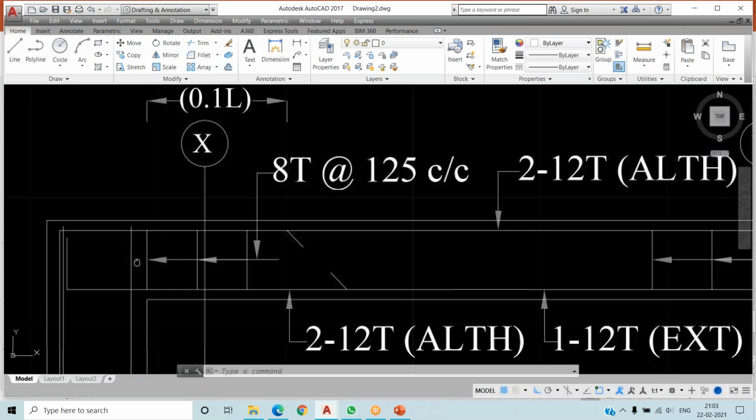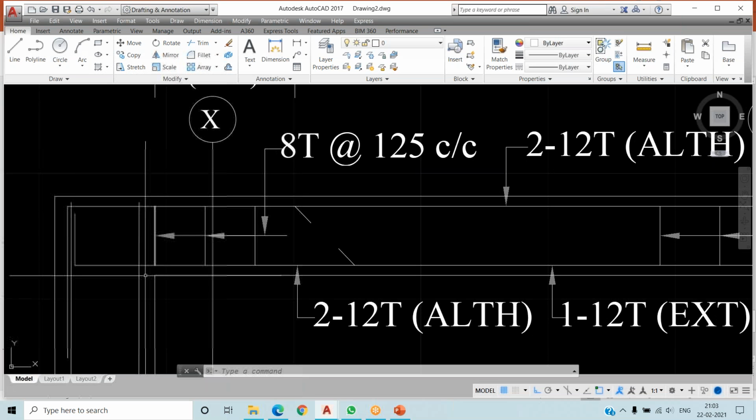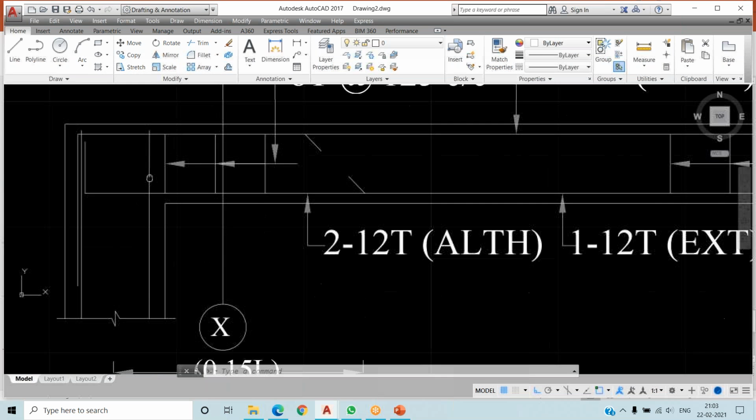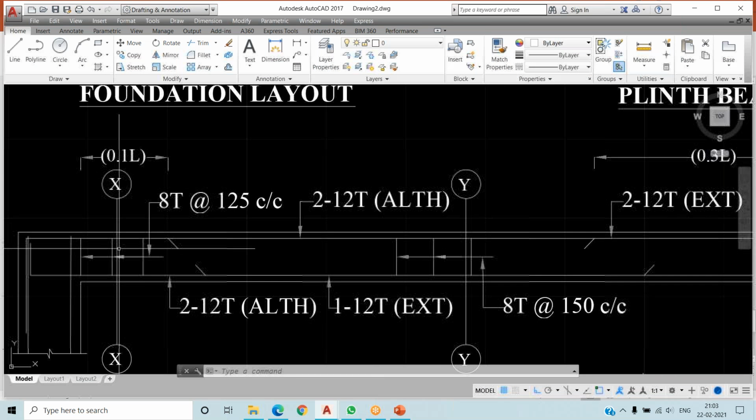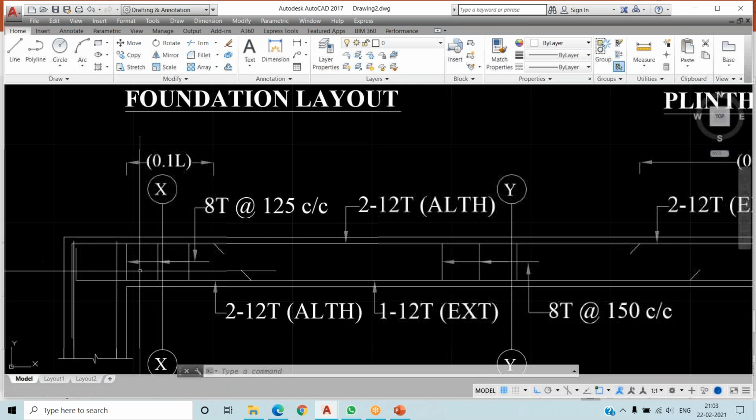The stirrup is going to start from the edge of this column and beam joint, and it is going to extend up to 0.1 L length, complete length into 0.1 times. That means, for example, if the length of the beam is 1200 mm, then 0.1 of 1200 mm is equal to 120 mm. So till there we have to provide the